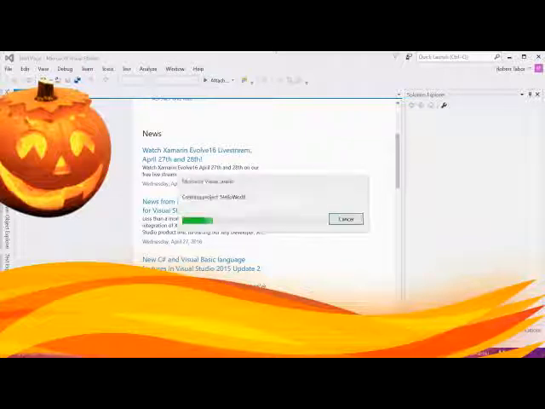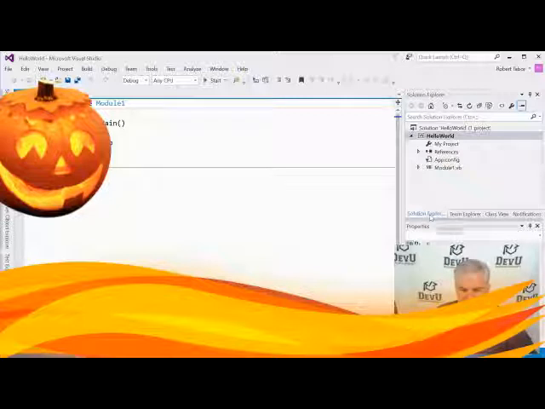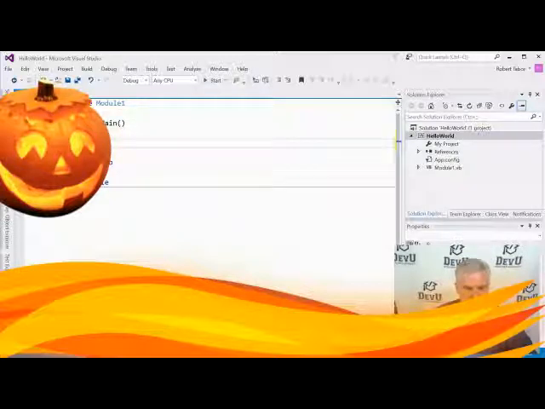Visual Studio goes off and does some work for a moment or two. And ideally, you have this little window in the upper right-hand corner called the Solution Explorer visible. This is going to show you all the files and things that are associated with the project. We'll come back and talk about that later. Here in the main area, you'll see a tabbed area called Module1.vb, hopefully opened up. And inside here, we're going to make some room for ourselves. We're going to put the caret there on line 4. I'll hit the Enter key on the keyboard a couple of times just to make some space for what comes next.